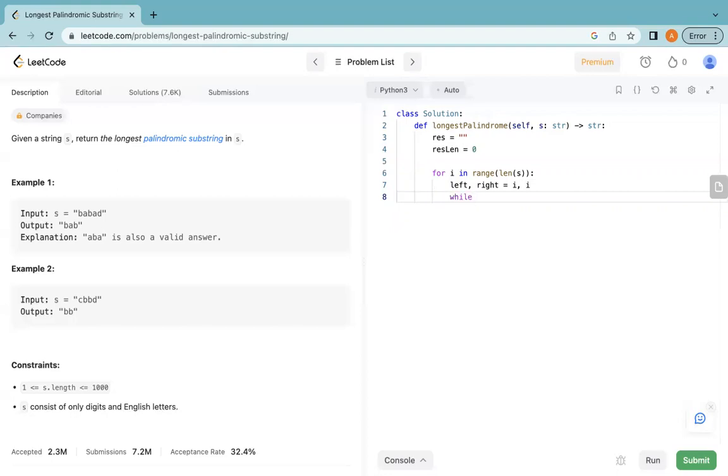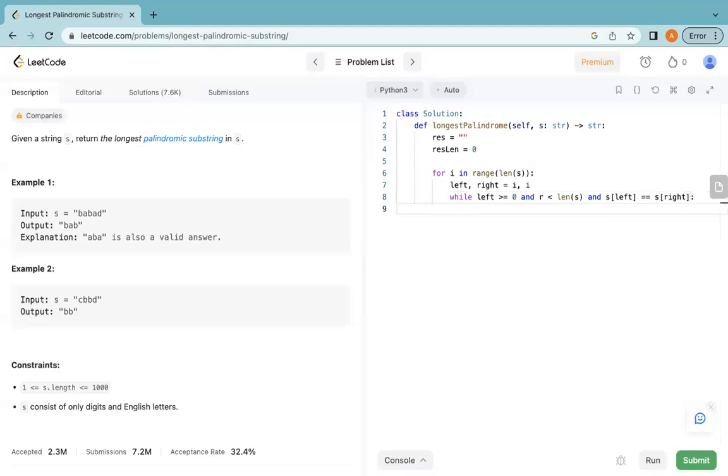So we need to make sure that left is more than or equal to 0, and we also need to make sure that right is within the length. And again, we need to make sure that s of left equals s of right, because our entire point is to check if both are equal or not. Yeah, so when that's true,